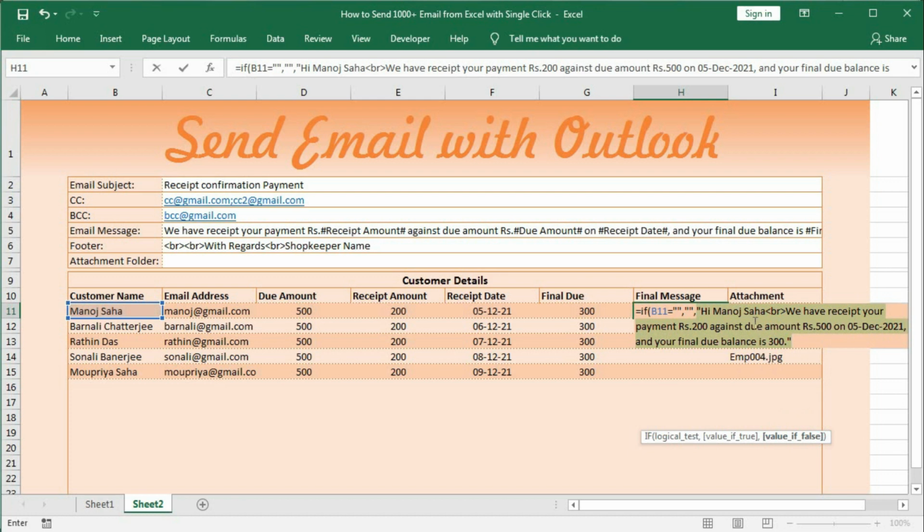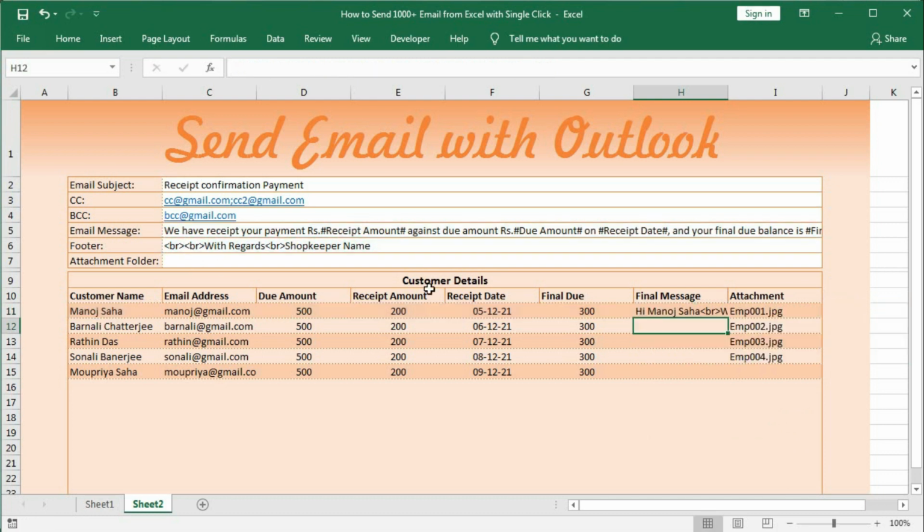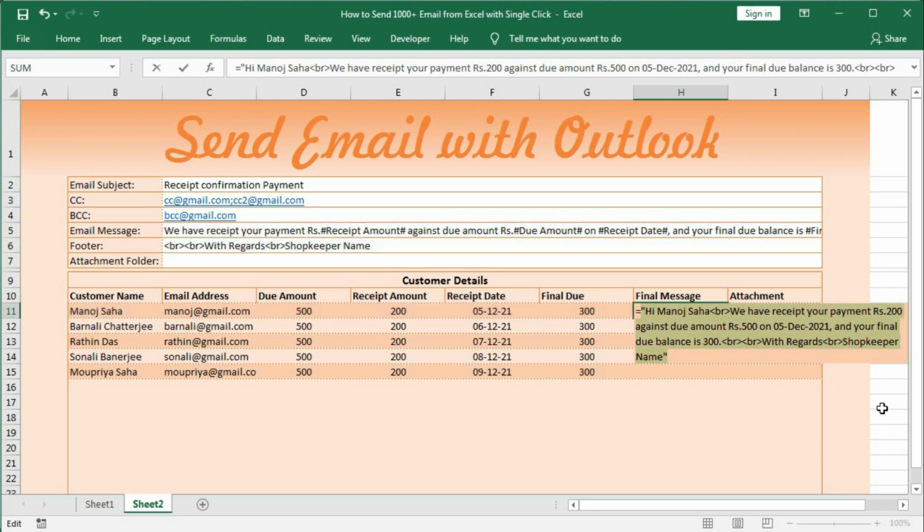You can see everything is replaced. Now we will use the footer. So for that, and footer, press F4 and bracket close for if, press enter. So we got total value as this one.